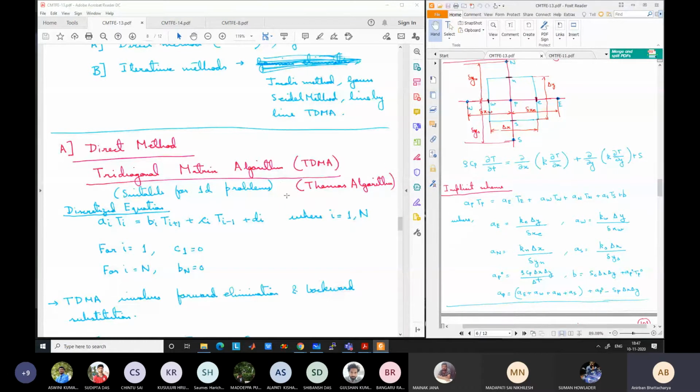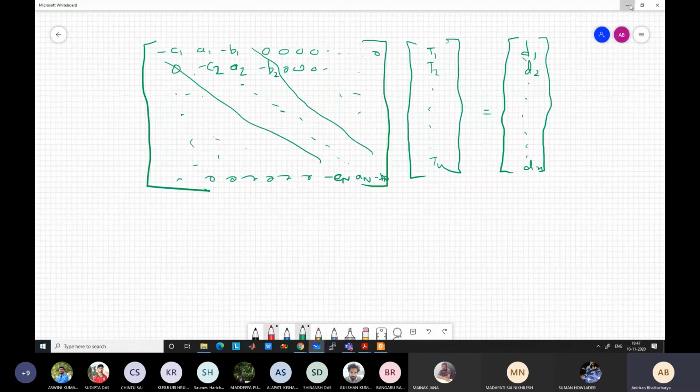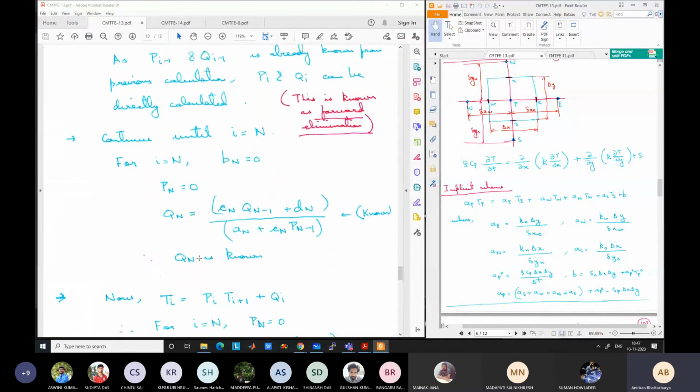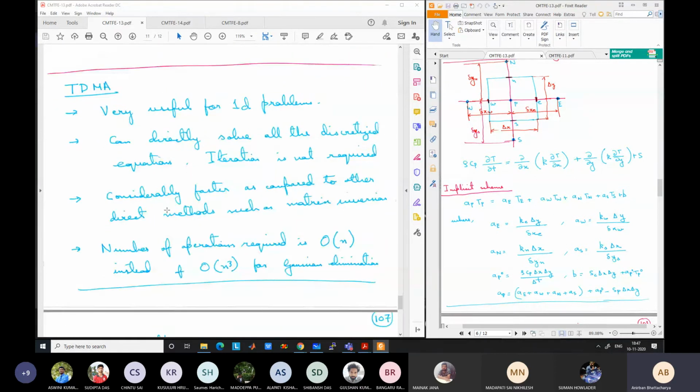Gaussian elimination is the normal method. Even if you have a very dense matrix, where all the other values are also present, it can be solved, and it will take calculations of the order of n cube. It is a generalized method, but because of the special nature of our 1D calculation, we can use the TDMA method, which is considerably faster than other direct methods for matrix inversion. Now if you use matrix inversion in MATLAB, you may see that it is very fast because MATLAB has internally optimized the matrix inversion.